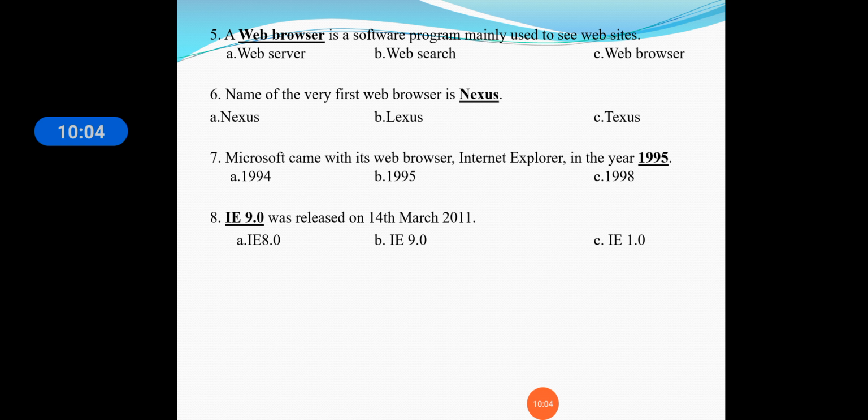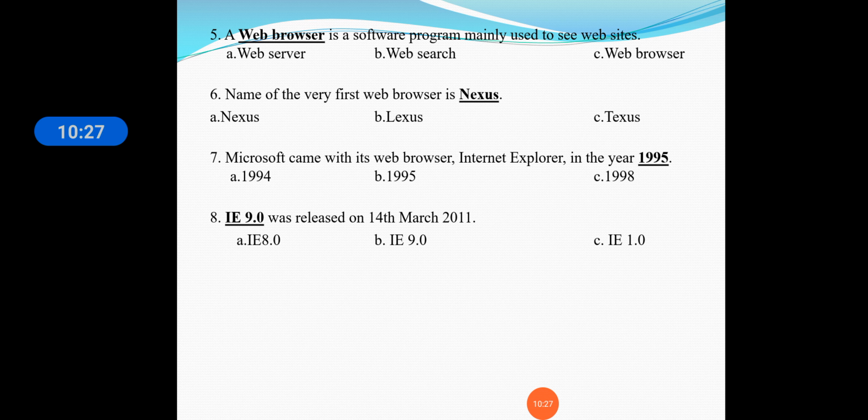Seventh one, Microsoft came with its web browser Internet Explorer in the year dash. Options are A 1994, B 1995, C 1998. So the answer is 1995 here. Eighth one, dash was released on 14th March 2011.